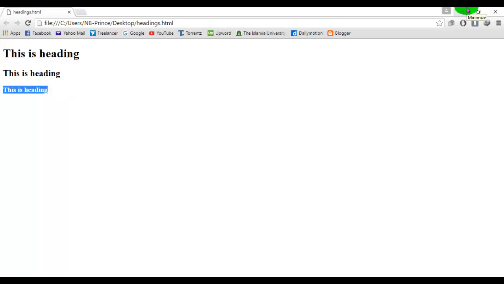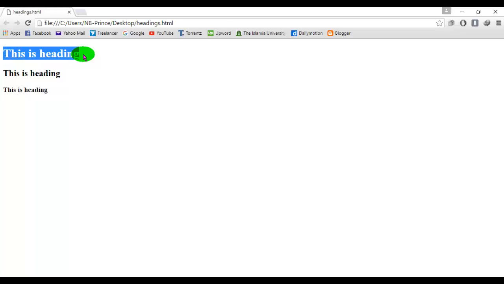These are 3 headings. Browsers automatically add some empty space, that is margin, before and after each heading. You can see a white space at left side and at upper side of this heading. This automatically comes from the browser. You can also add styles with cascading style sheets. We will learn about that in the next tutorials, but here it is just about headings.